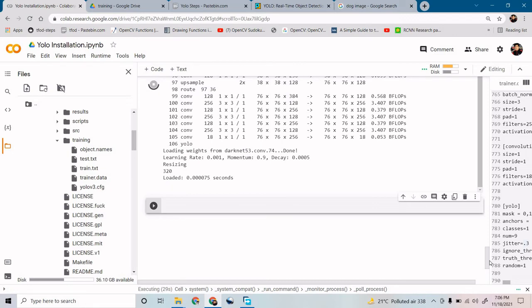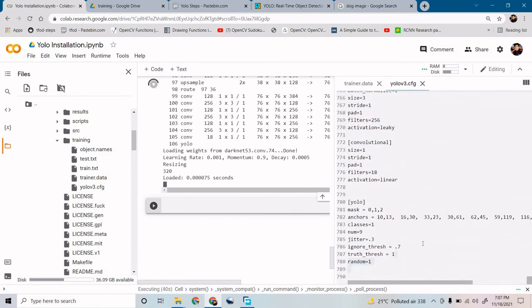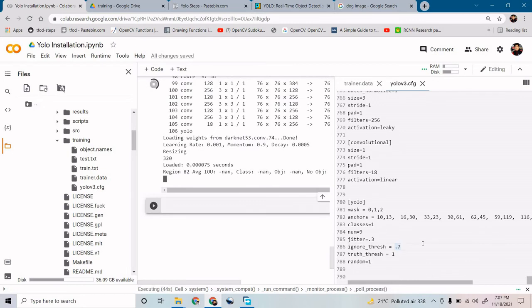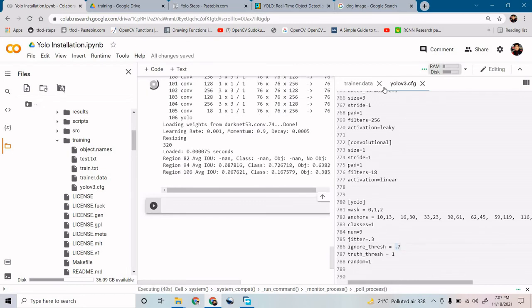You can see how much RAM it is taking. You need to just take care of this configuration file. For the different kinds of YOLO models, you will get different configuration files. You need to select this.